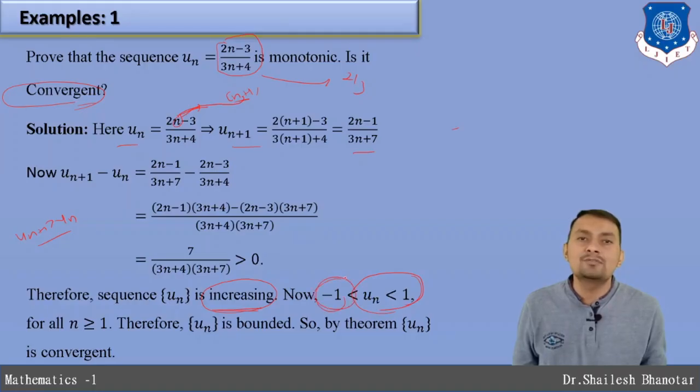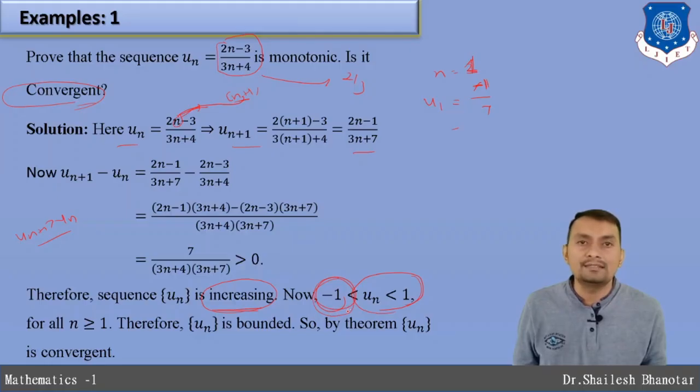I am not interested in this lower bound, but still you can consider it, because when I take n equal to, so what I'm just going to get is positive. But if I start with n equal to 1, so what it will be, that is g1 is equal to 2 minus 3, that is minus 1 divided by 7 when n is equal to 1, so that is minus 1 by 7. That means we can say it is bounded below by minus 1, because this number we are not able to cross. It is not exactly minus 1, that's why we have not written equality here.